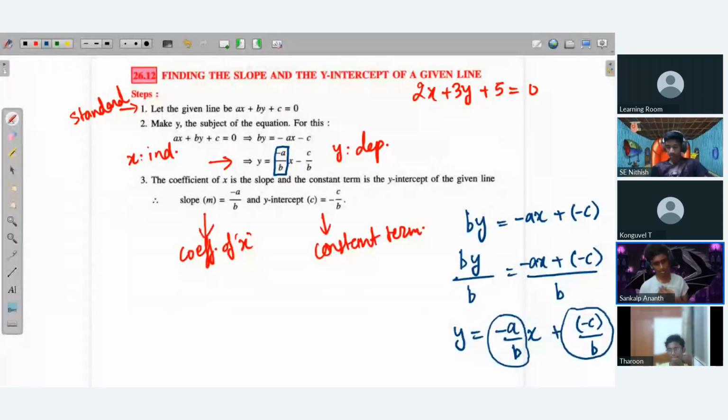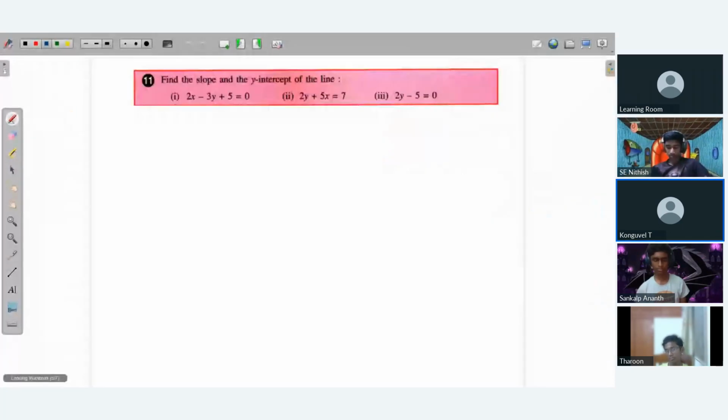Sir, I can take y and x as anything, right? You don't need to take y and x as anything. Without taking anything, you can tell the slope and y-intercept. Okay. So working out